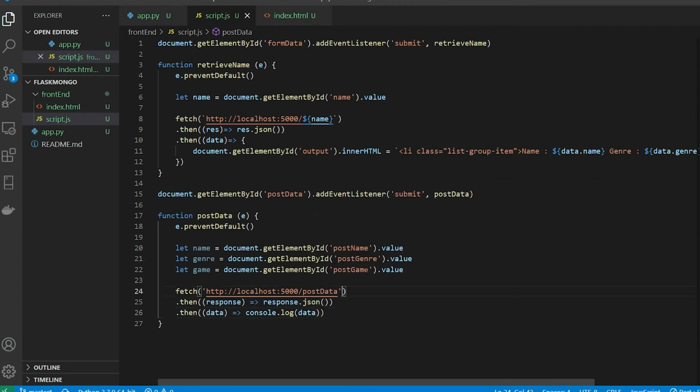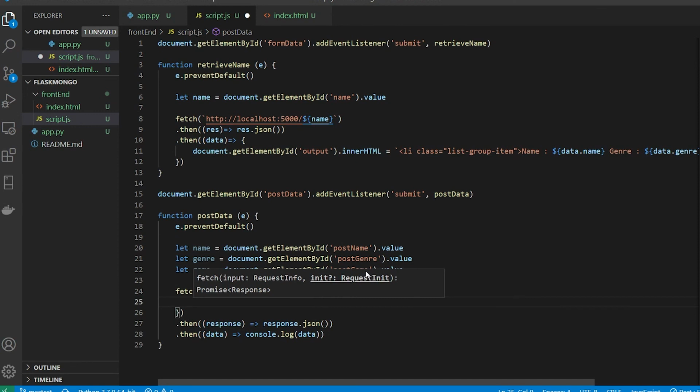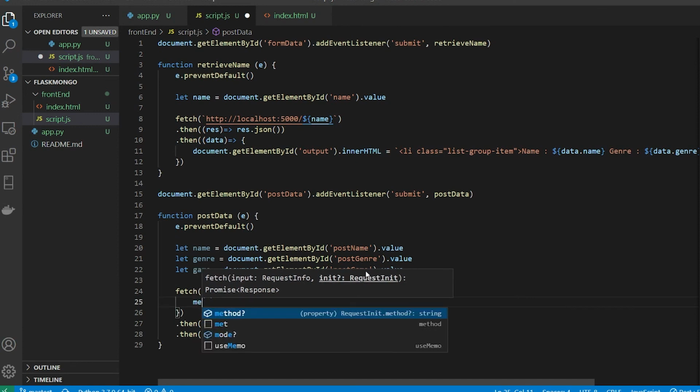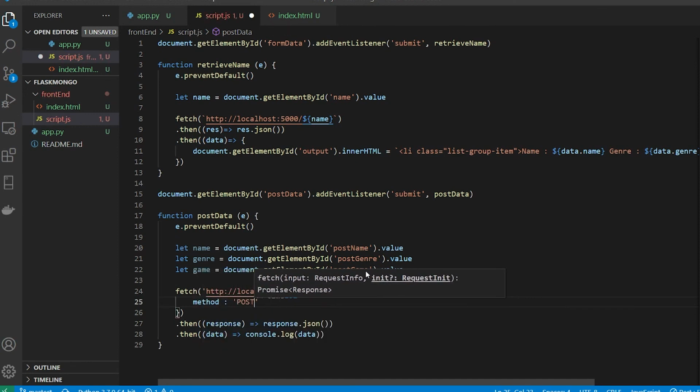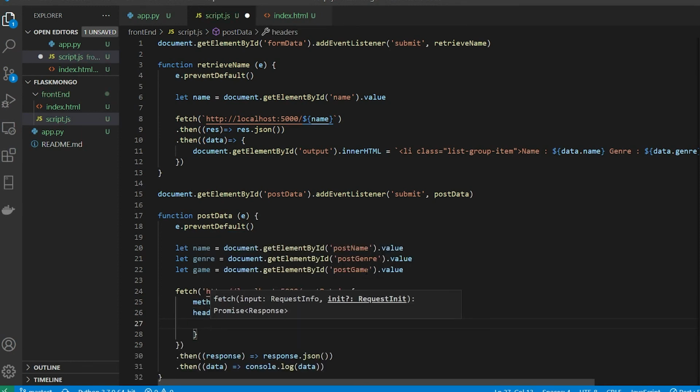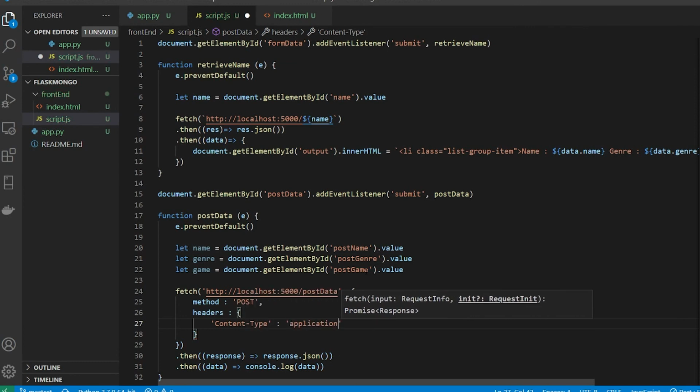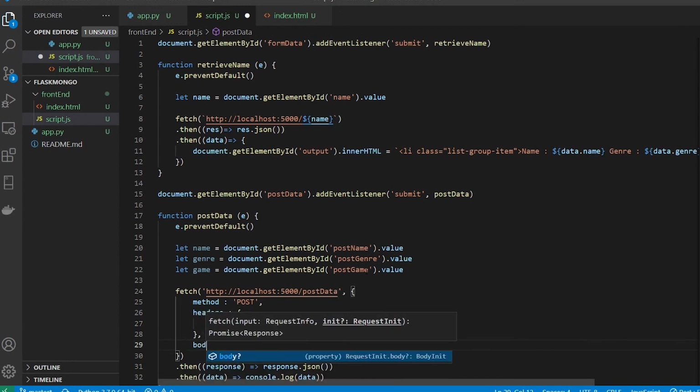All right, and now I'll come over here, I'll put a comma and open a curly brace, and I'll do it like this. Okay, so it is fetched. Now here I'm going to say method. So method is going to be POST, followed by headers. The headers that I'll be passing are going to be the JSON application. So I'm going to say Content-Type, which is application/json, and then we have something known as